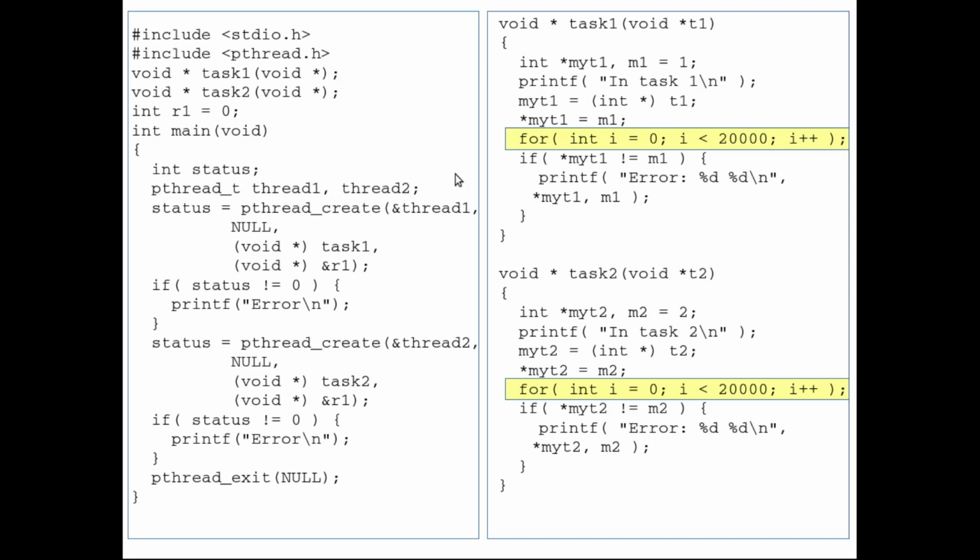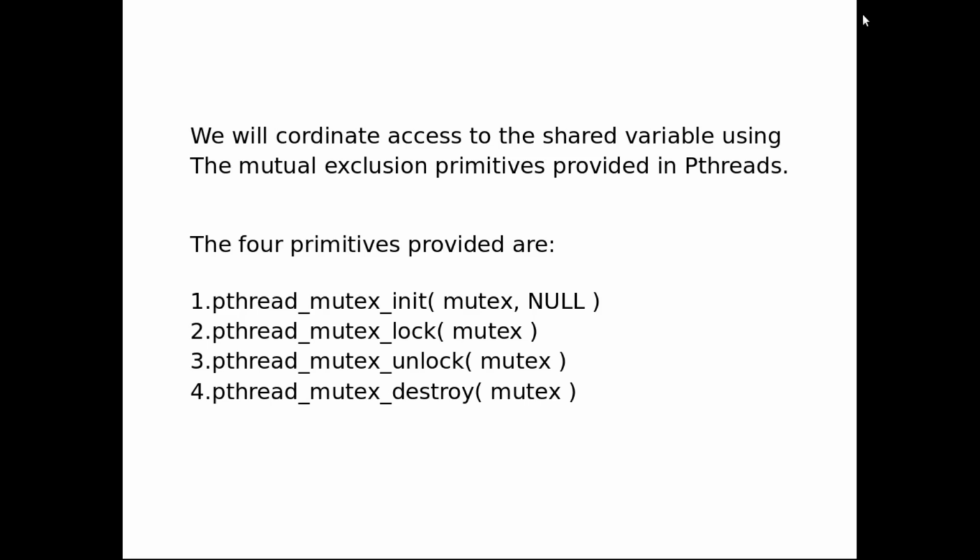So whenever we have multiple threads trying to access a common resource, we should coordinate their activities. We should coordinate the access to the common resource, otherwise we will have the problems that we saw just now.